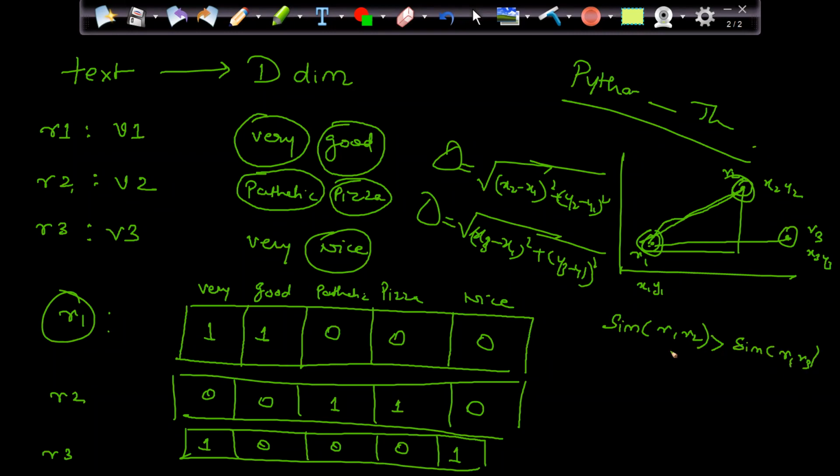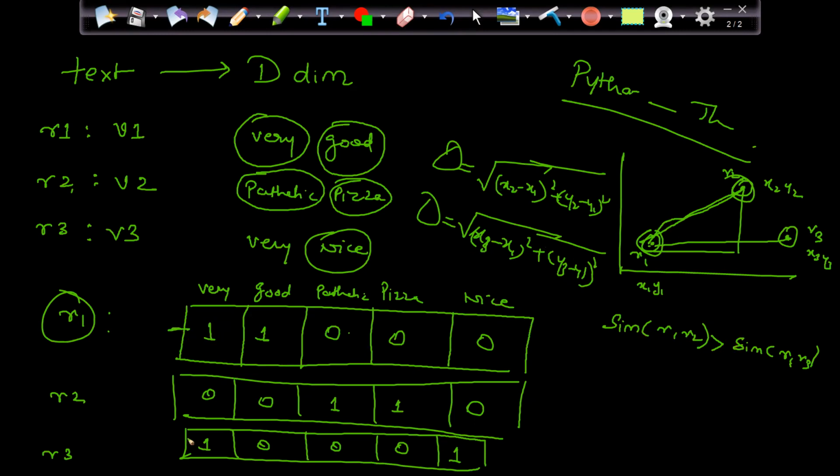Similarity as in English similarity, right? Very, very common words. Nice, good, right? Like very is the common. So similarity between R1 and R2 is more than R1 and R3. So what will happen in this scenario? I will subtract, x2 minus x1.